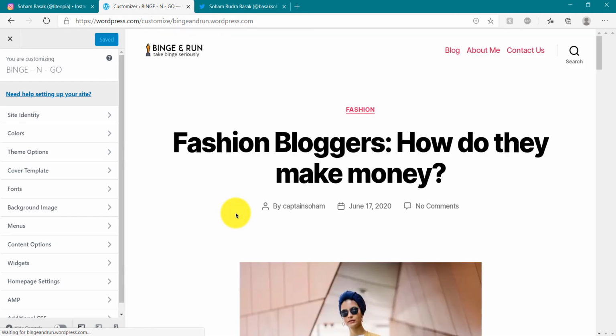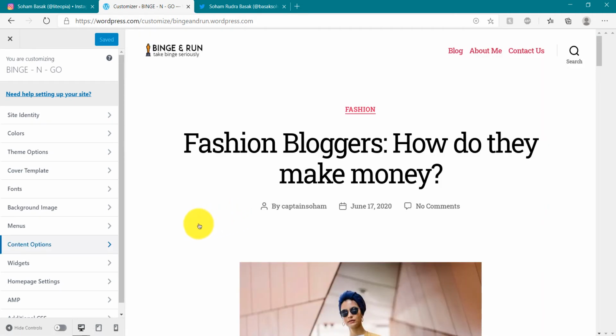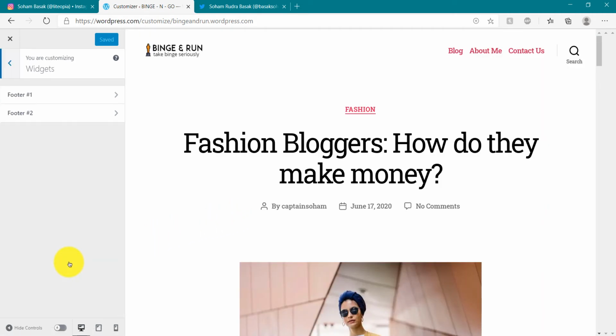From here go on the left hand side to the option which is called widgets. Click on it, and you can see we have the option to put widgets in two places, footer 1 and footer 2. It is totally depending upon the theme that you have chosen, and according to the theme you can choose different places to place your widgets. For our theme it is showing widget compatibility in the footer section, so I'm going to click on footer 1, and as you can see it is empty right now.